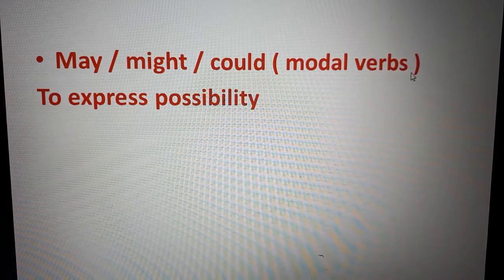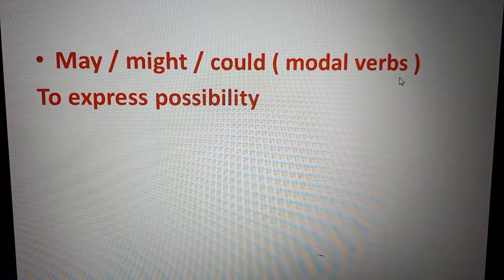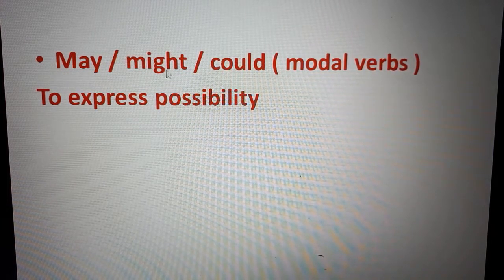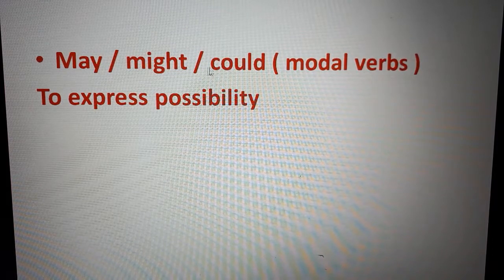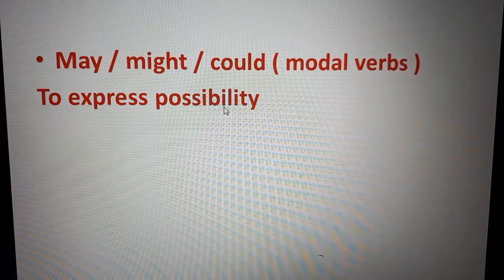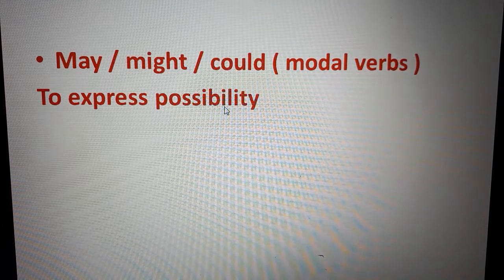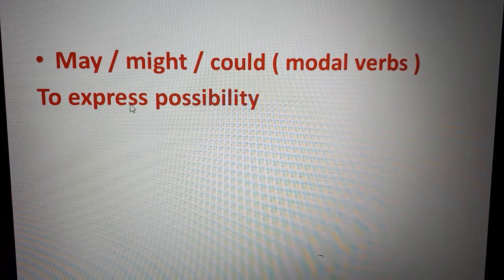Here in our lesson we want to learn something about these modal verbs. First of all, we use may, might, could to express possibility. What does possibility mean? Possibility, probability. When you say